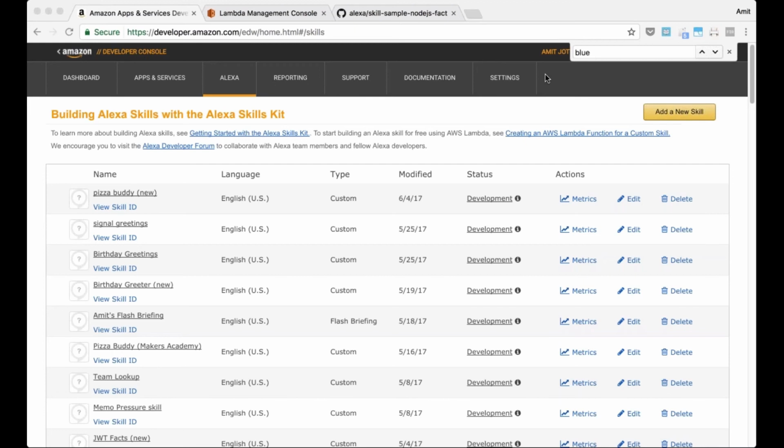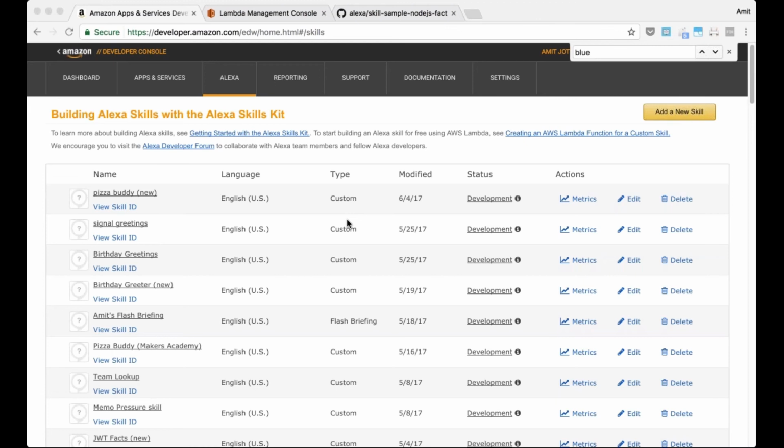In Alexa's case, the front end is what we call the voice user interface, which is really what the interaction model should look like. What will the user say, and how should Alexa respond back? The second piece is the programming logic. What should happen, or what kind of facts should be returned when we ask Alexa for a space fact, for example. Now, the voice user interface is built on developer.amazon.com, and the backend is on aws.amazon.com.